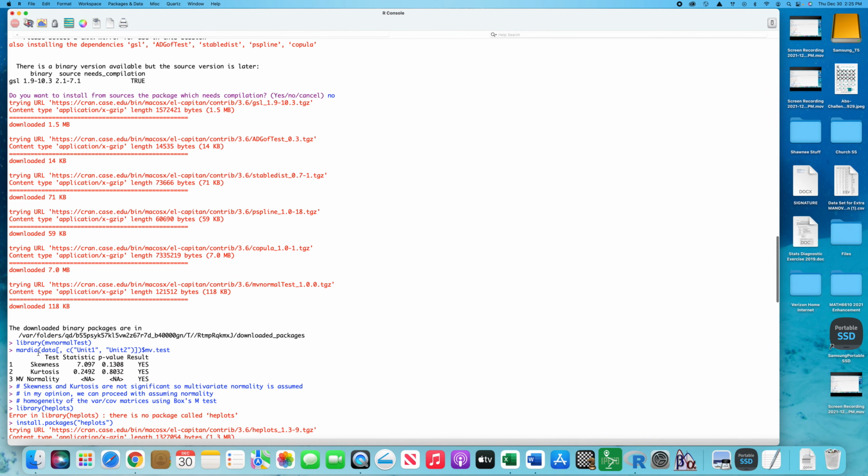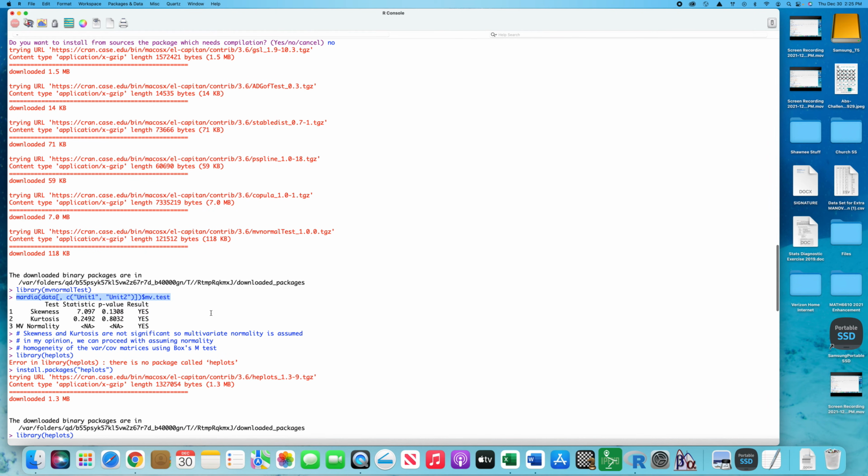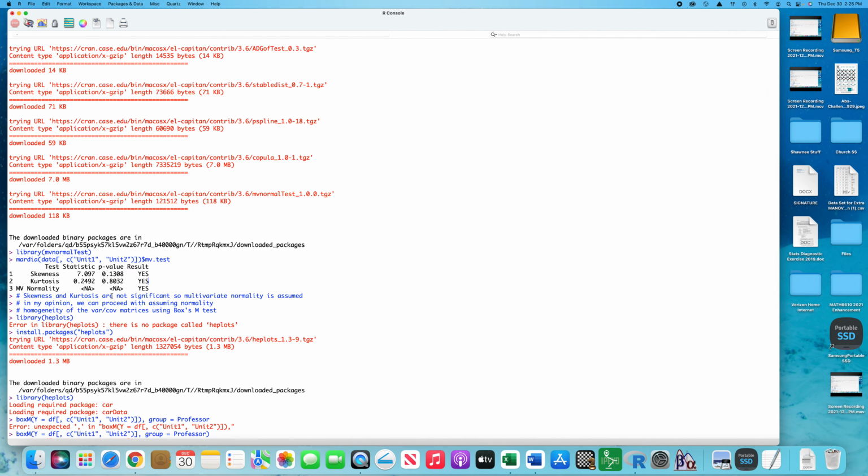Then you can see I accessed the library, and to access the Mardia test, we enter this command. For this assumption to be met, we need both of these p-values, 0.131 in this case and 0.803 in this case, to be greater than 0.05. So skewness and kurtosis are not significant,